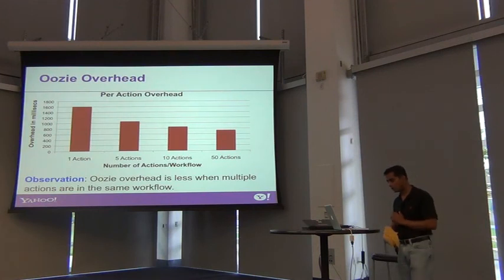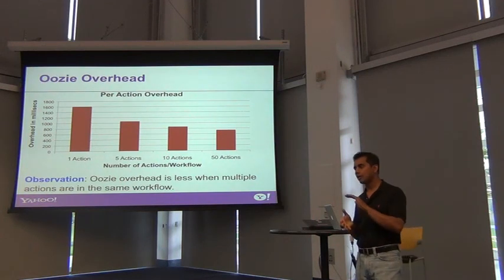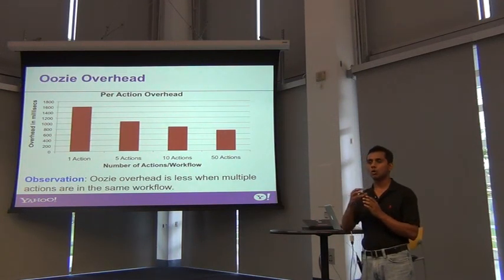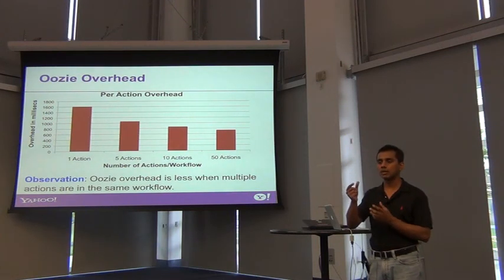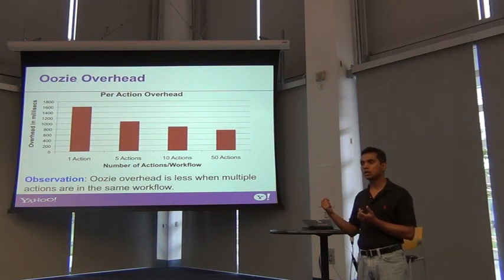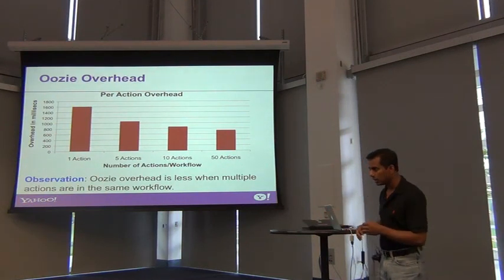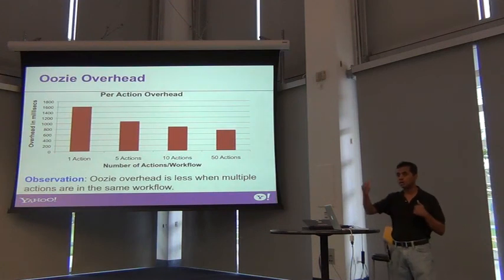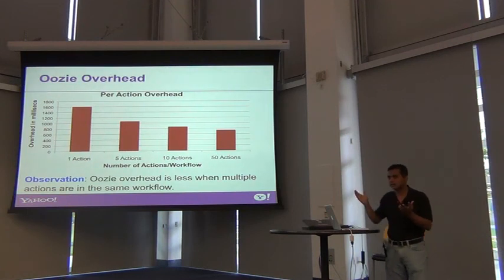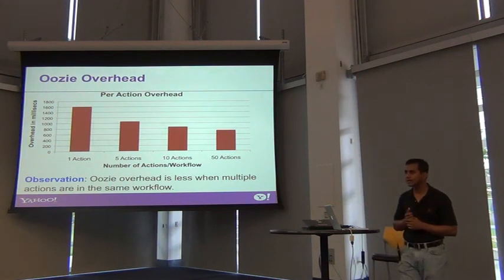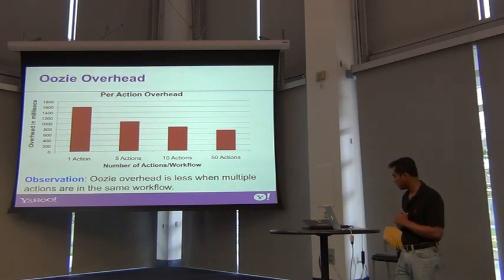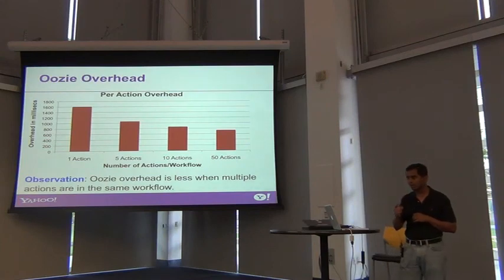On this slide, on the x-axis, we actually did multiple experiments. We submitted a workflow with different numbers of nodes, which means different numbers of jobs. In the first one, we have only one job at a time. That's the example that Virag showed, a very rudimentary one. The rest are 5, meaning in one workflow there are 5 actions, then 10 actions, 50 actions, and so on. We have to see how things change. On the y-axis, you see the overhead in milliseconds, and how much Oozie-level overhead we are getting. And you see that with only one action, the overhead is